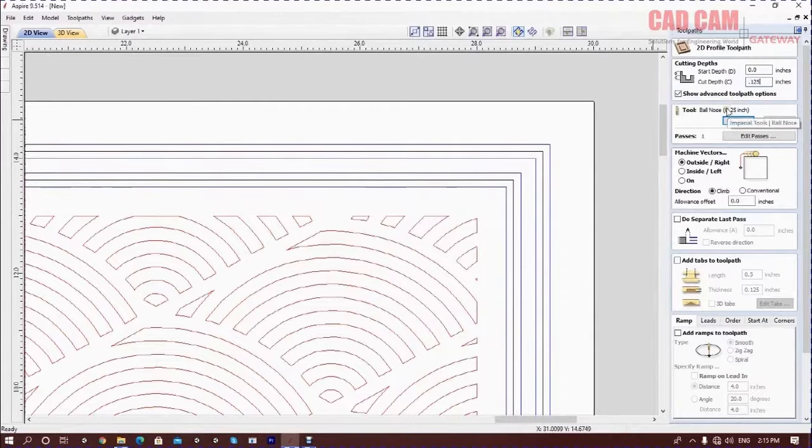I am setting its depth to 0.125. The reason for setting it to 0.125 is that the tool's diameter is 0.25. So definitely its half should be the depth to get a nice curve. So I set the depth to 0.125, and it automatically calculated the passes as one, outside, inside, and I turned